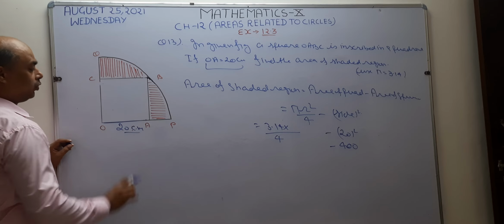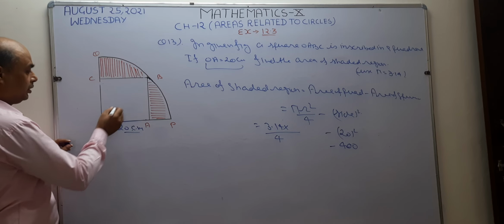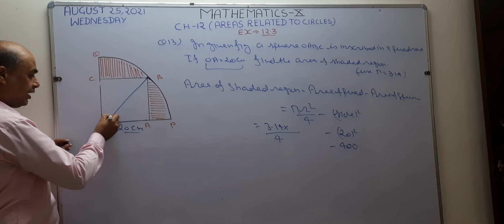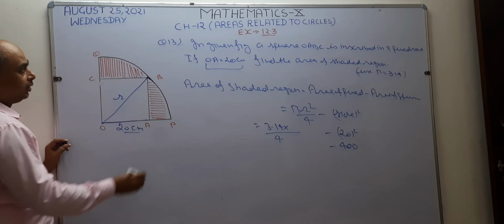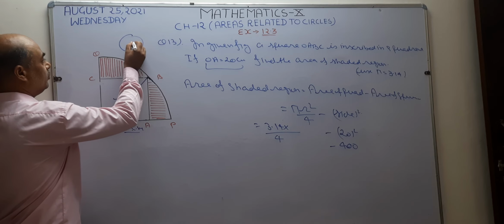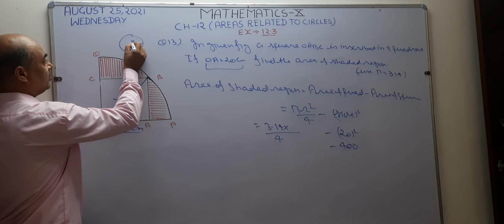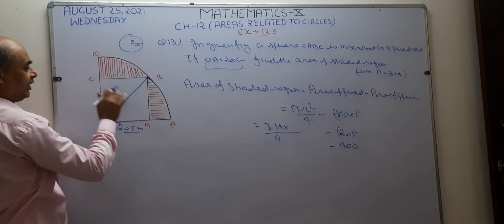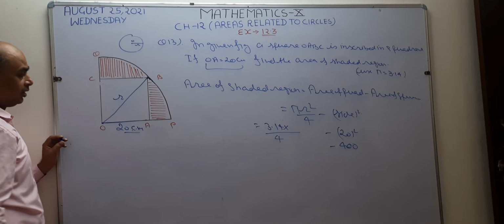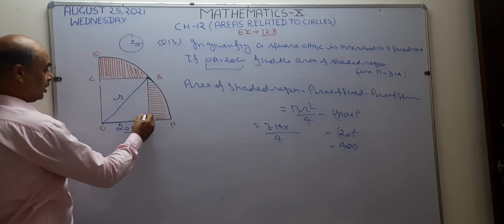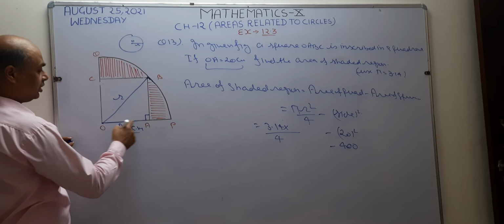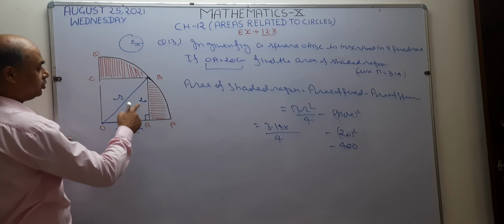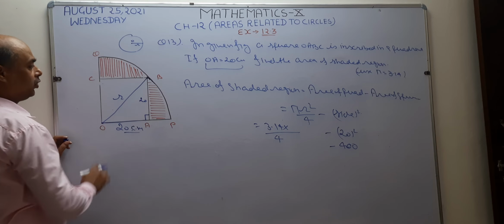As you know, this is the center of the circle and this is the circumference of the circle. In a circle, the distance from the center to the circumference is known as the radius. So it means you are going to find the value of OB. Since you know that this is a square, each angle is 90 degrees, so this is a right angle. If this is 20, this is also 20. So I want to use this angle to find the length of OB.